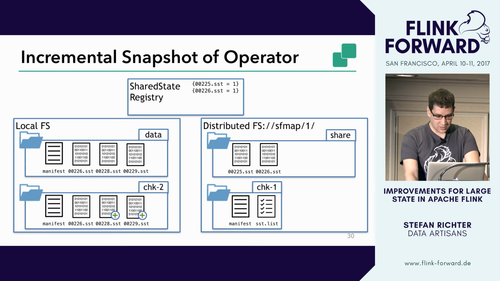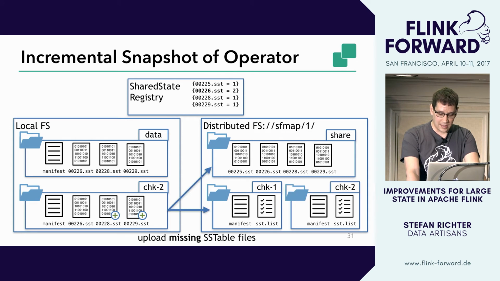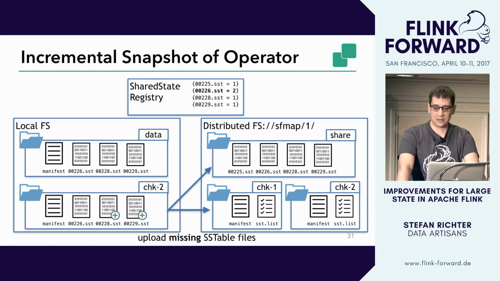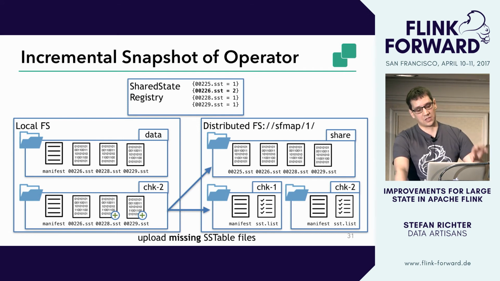So then again, we trigger the native RocksDB checkpoint. And now comes the interesting part. From the acknowledge message that we got from the checkpoint coordinator, we already know which files are acknowledged to be already present in the shared directory. And now we will only upload the missing files, the missing SS table files, which are in this case 228 and 229. At the same time, if we go back to the shared state registry, we see that we have